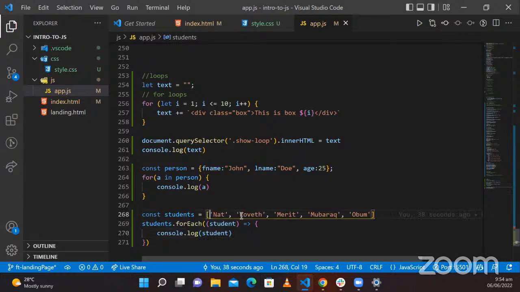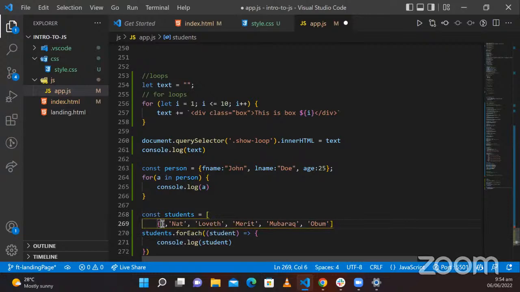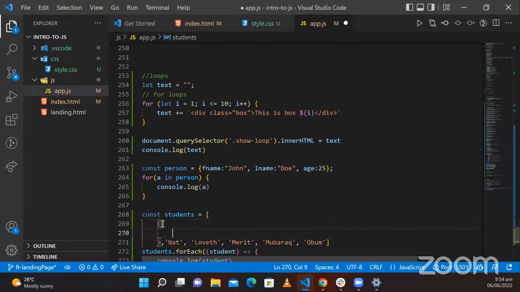Now, supposing we had an array of objects, what will happen here? I don't know if someone understands an array of objects. Let's say, for instance, now we had something like